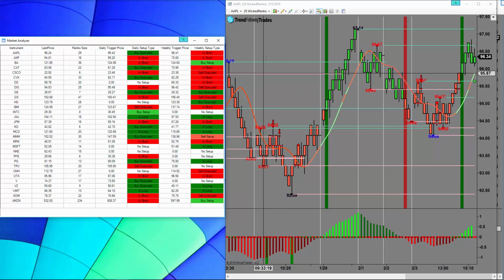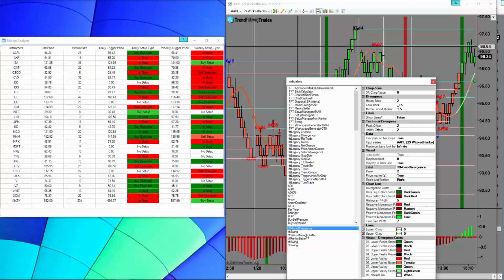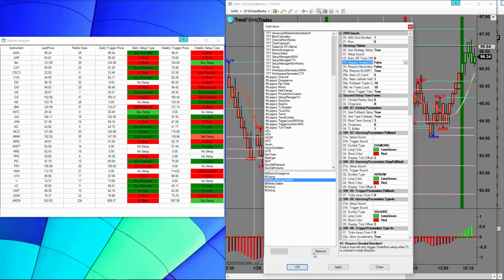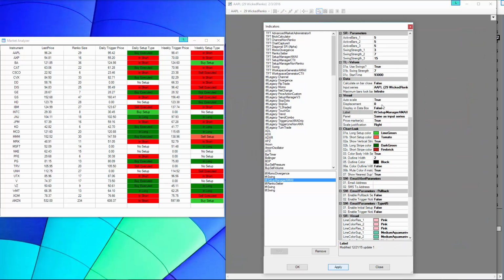So what you see here on this chart is Apple 29 Wittrenko. And what you're looking at here is a chart trader. But on here, if I go on the indicator, the AMA2, the chart trader does not have the strategy rules, but I have the strategy rules from the AMA set up on the chart trader. I said that I want no secondary time frame, actually I should turn this off. With swing trading, the swing delta volume, when you jump over days, really tends to not be so accurate because you're going through days' closes, but I do want to incorporate the near left side